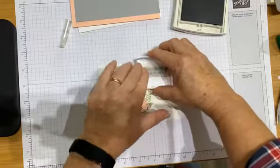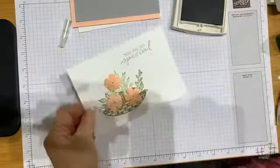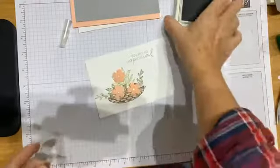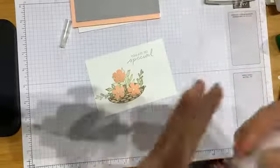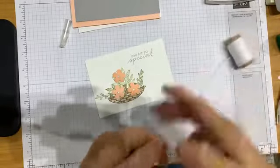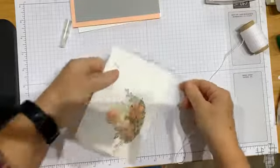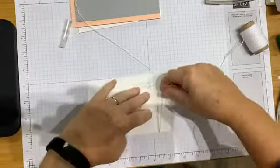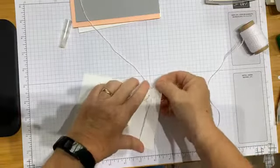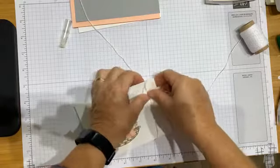I just hope this works and it's not skewy. Oh, that's not bad at all. Happy days. Happy days, ladies. Oh, I'm really pleased. Okay, and I have a bit of our white baker's twine, and I'm just going to tie a little knot because I like it, not for any other reason. So I'm going to go around a couple of times with it and have it right on the edge there, just to give it a bit of interest,